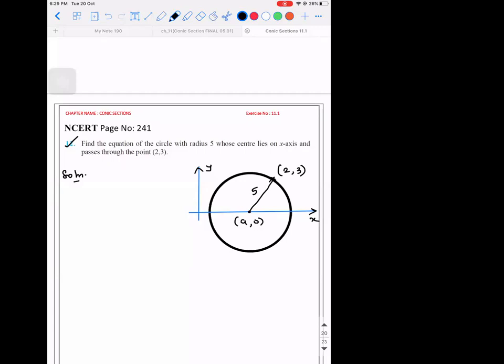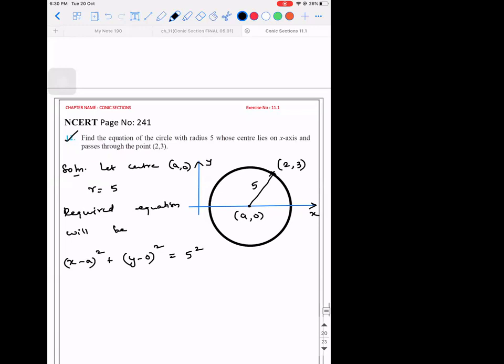So let the center be a comma 0. R is 5. So the required equation will be: x minus a the whole square plus y minus 0 the whole square is equal to 5 square. You understood what I did? I took a comma 0 as h comma k. I wrote x minus h the whole square plus y minus k the whole square is equal to r square. So once you do this,